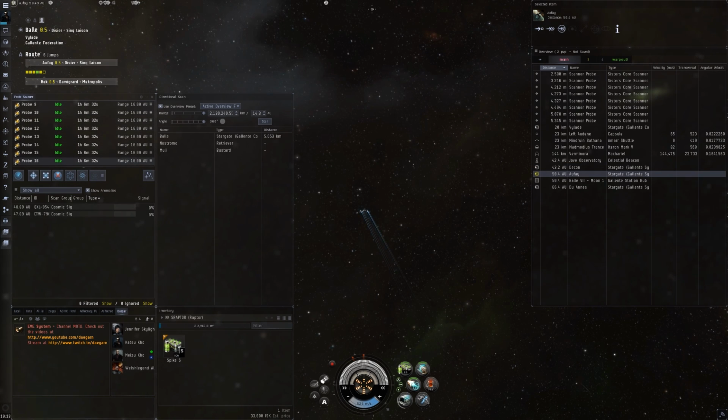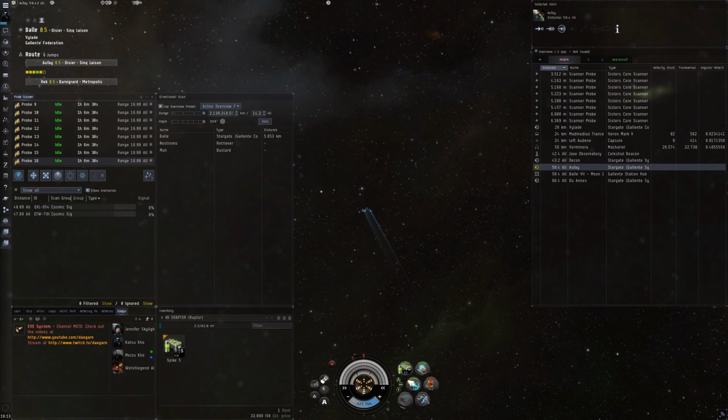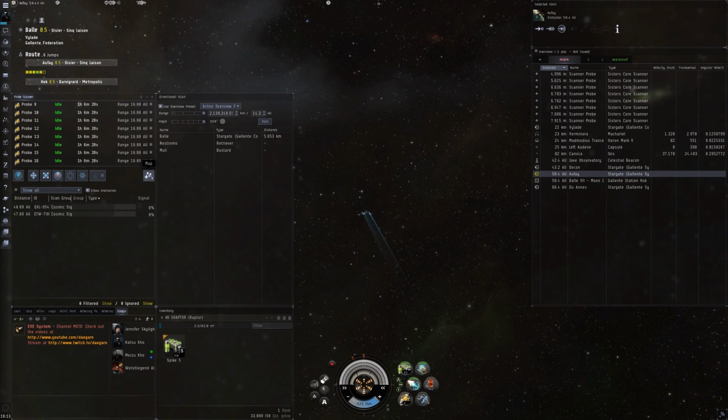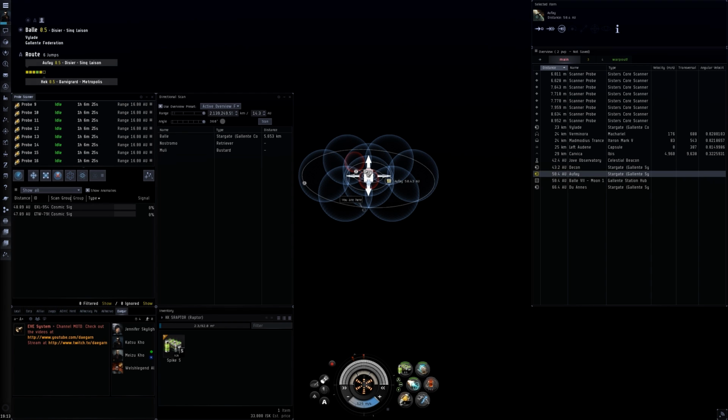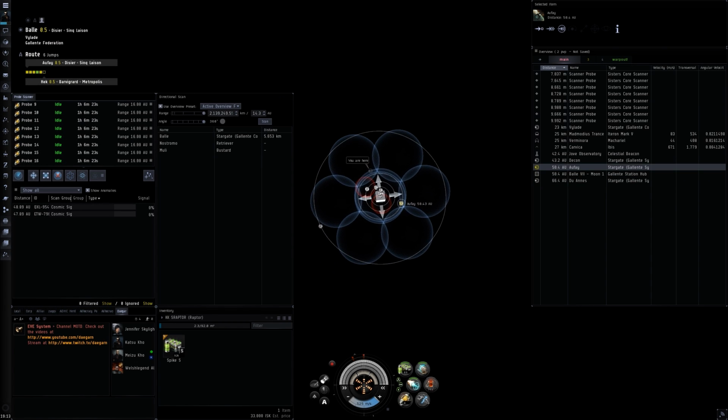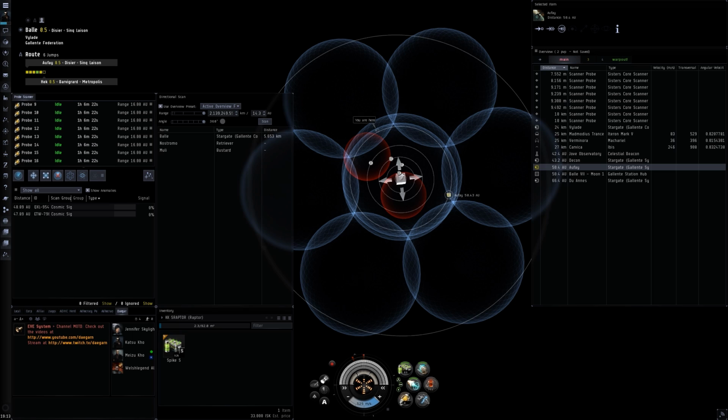On the probe scanner, click on the map icon to deploy the system map. This is where all scanning takes place. The blue spheres are our 8 probe scanning ranges, with the white probe movement handle in the middle. The red spheres are unscanned signatures. You can also see these 2 cosmic signatures in our probe scanner window,